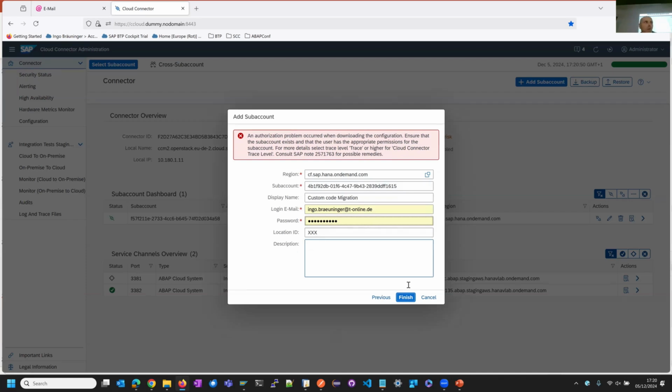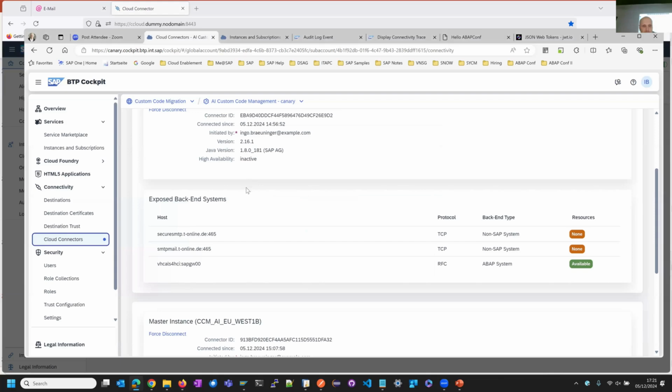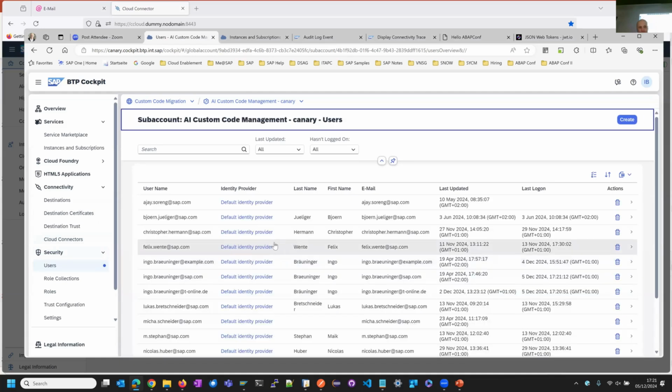You need to have the so-called destination or cloud connector administrator role, and this one is lacking exactly that authorization. So if I go back to the users under security,